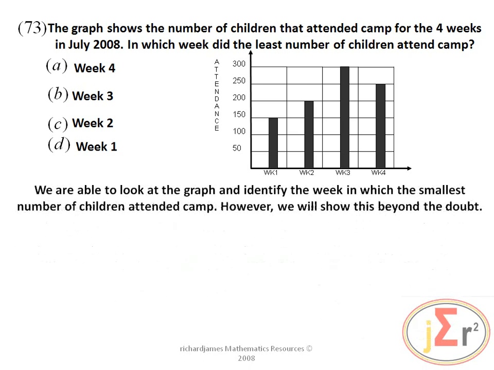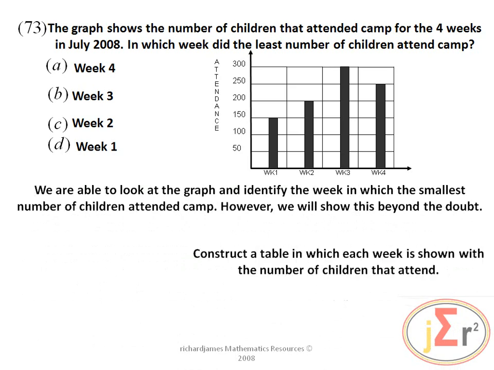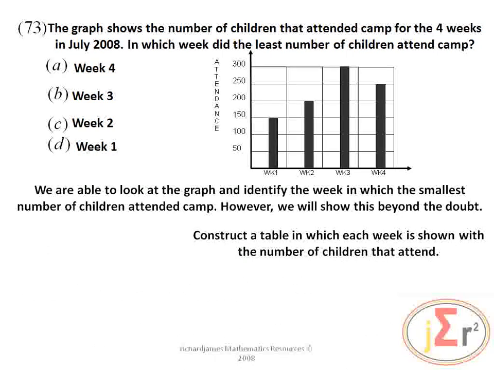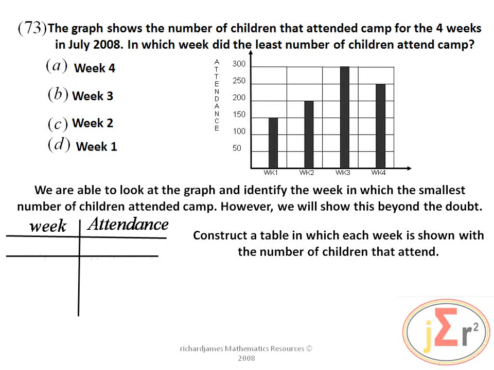We are able to look at the graph and identify the week in which the smallest number of children attended camp. However, we will show this beyond the shadow of a doubt. Construct a table in which each week is shown with the number of children that attend. So, we have the week here and the attendance there. So, identify the number that attended in week 1,